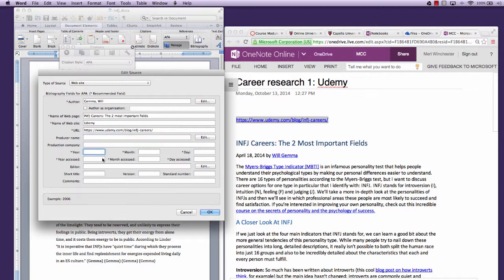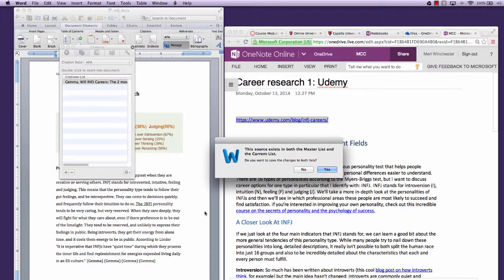So this was created April 18th, 2014. And then you want to put the date that you accessed it. Well, I took these notes down on October 13th. So 2014, October 13. And so anything that has an asterisk next to it is required. So I have one more